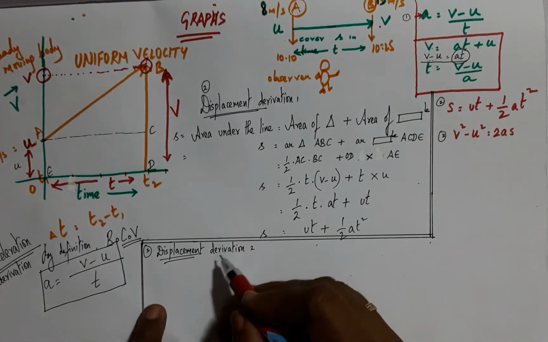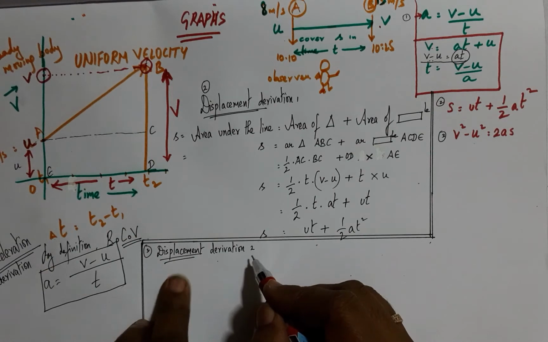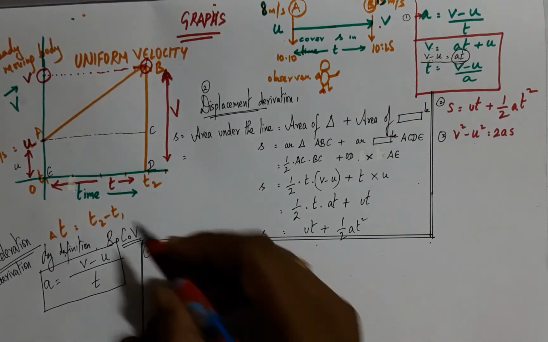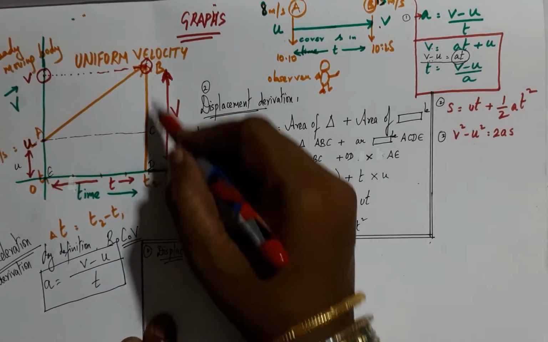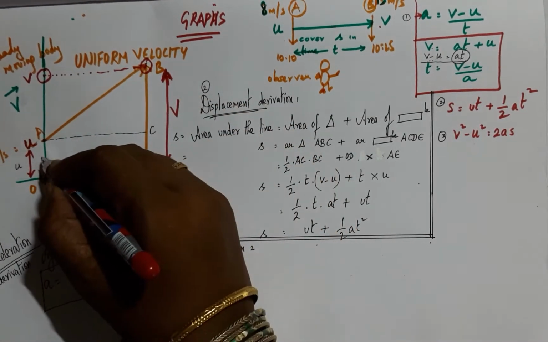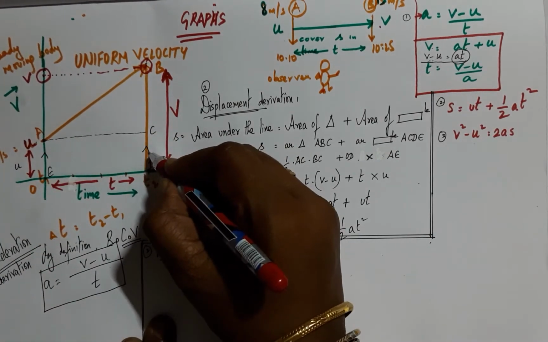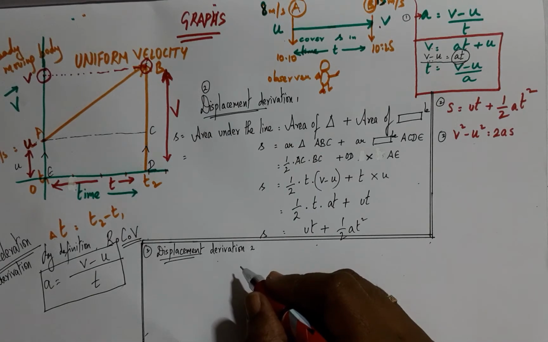Now we shall proceed to the displacement derivation, which is type 2, and herein we are supposed to pick this EABD. It is in the shape of a trapezium, and we can see that AE is parallel to BD, and these are the parallel sides. Now the area of the trapezium is nothing but